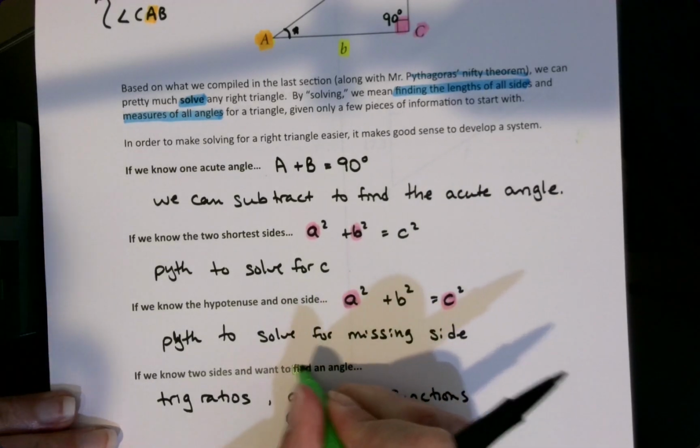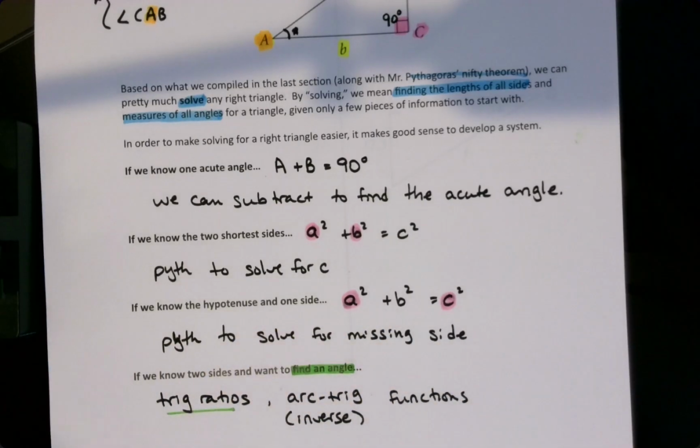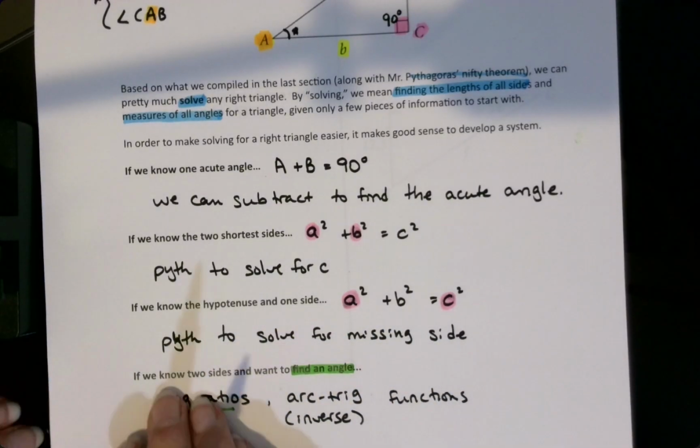So I'm just going to emphasize that piece. We're trying to find an angle. We're going to be using those trig ratios if we have two sides. Okay, so